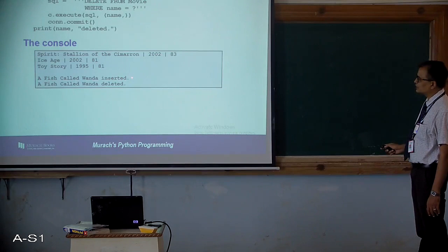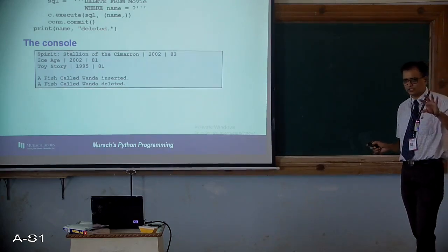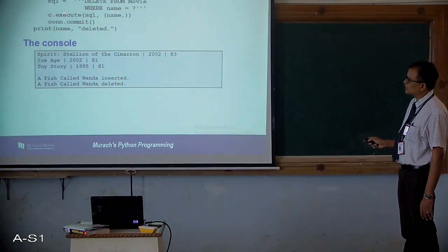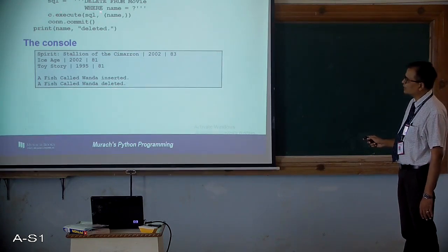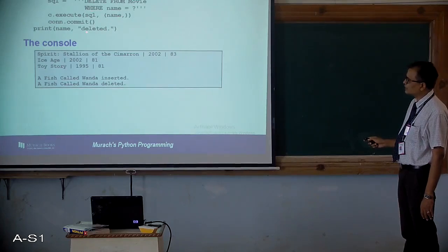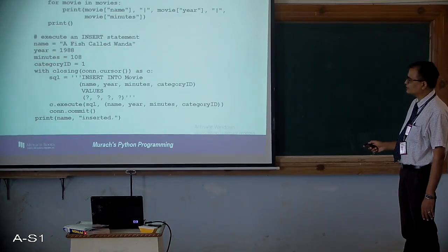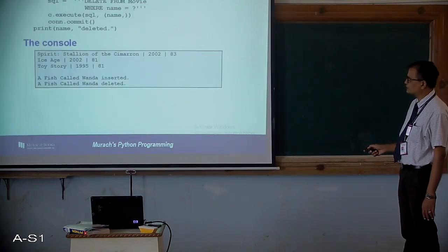First we insert that particular record. See, we have not read the name here. You can make a small change in the code wherein you read the name of the movie before this execute statement, then pass that name as a parameter and delete it. Since we have set all these values here, the same thing will be used for inserting as well as deleting, right?